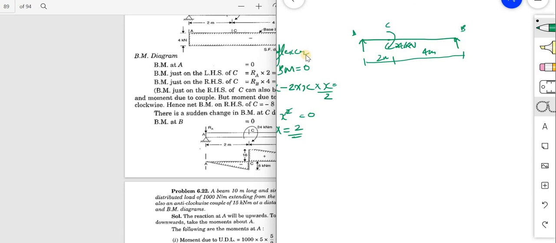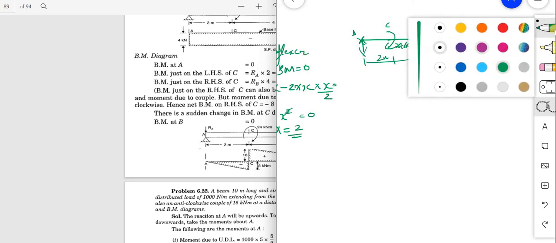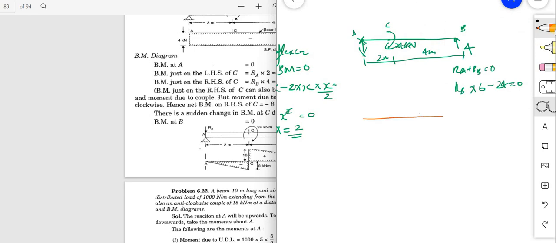So first of all RA plus RB is equal to 0. There is no vertical load. Now, taking the moment from A, I will be getting RB into 6 minus 24 is equal to 0. RB is equal to 4. And I will be getting RA as minus 4 to the downward side. So if I am drawing the figure, it will be like this. 4 towards the top and this towards bottom and this one towards the 24 kilonewton meter moment.